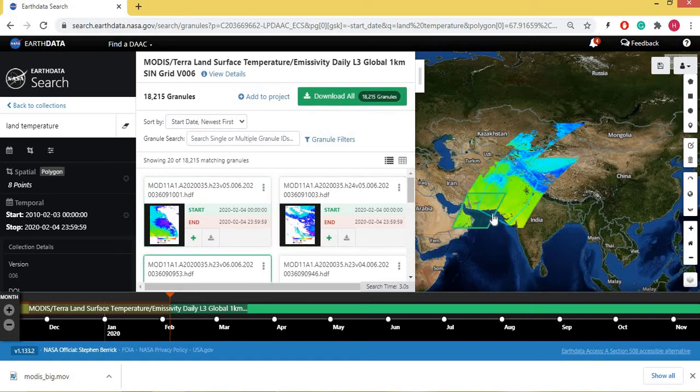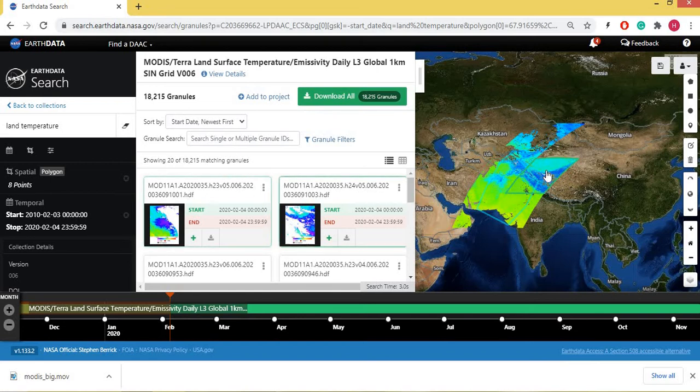Here we have another row, this may be row number 24. You can see the name of the image, MOD11A1 is the product, 2020 035. 035 means it is 4 February, and 035 is the Julian day. 31 is up to January, and it may be 4 February. And H24, H means its horizontal number is 24 and vertical is the path number, 05 is its path number.